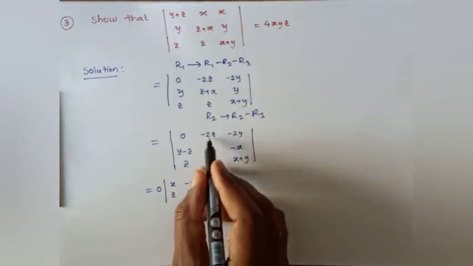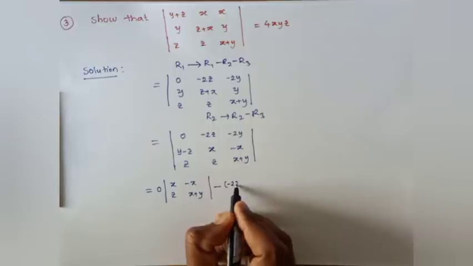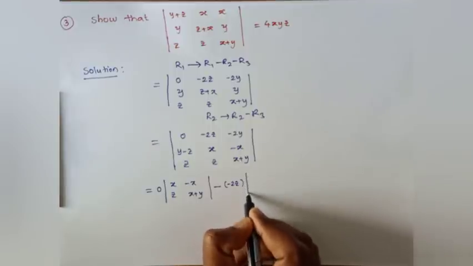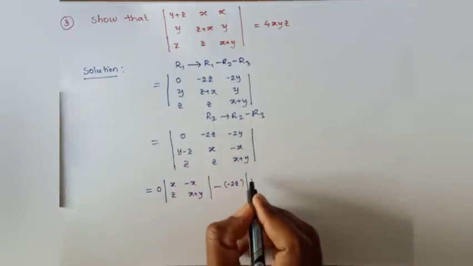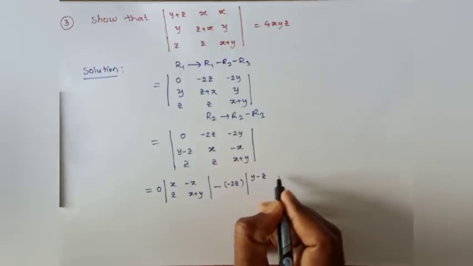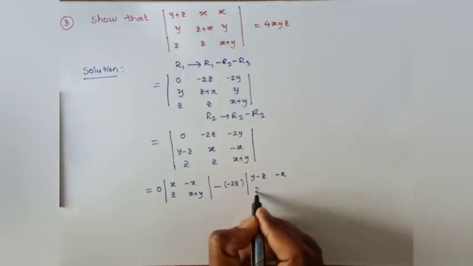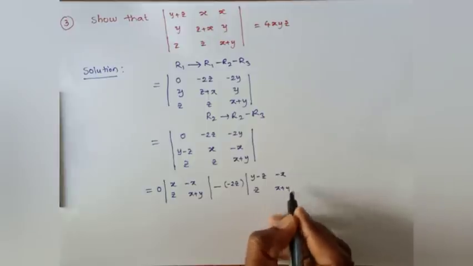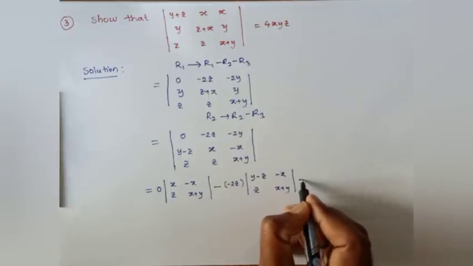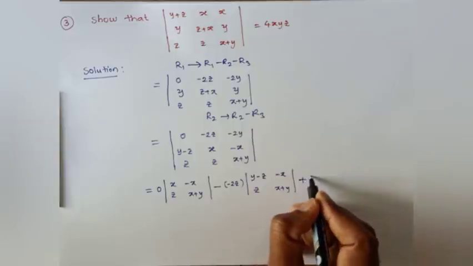Next, minus into minus 2z into, by deleting this row and column, the rest of the elements are y minus z, minus x, z, x plus y. Next, the element is minus 2y